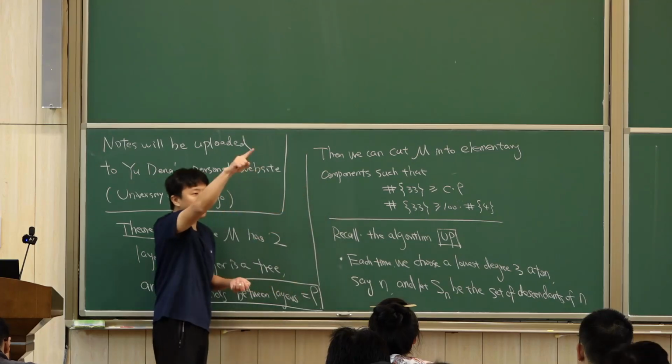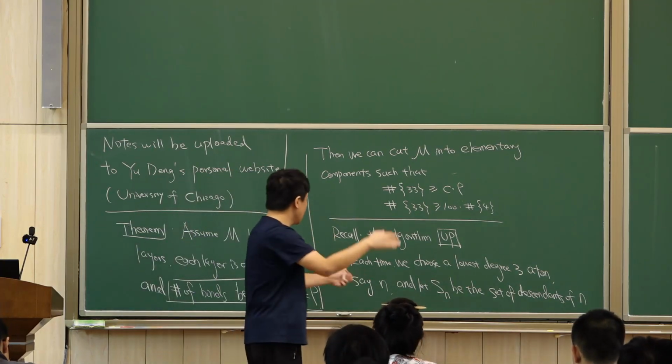Descendants means you start from n and keep going down, keep taking a child,